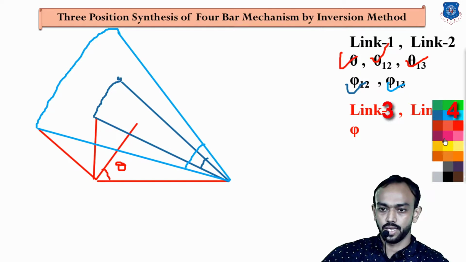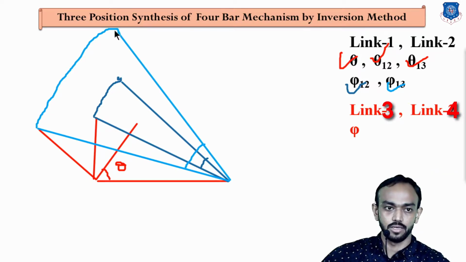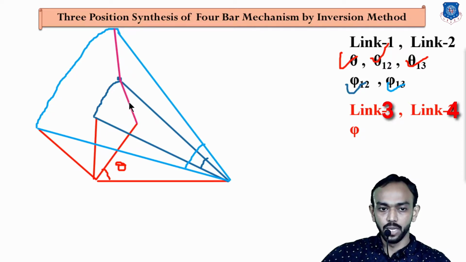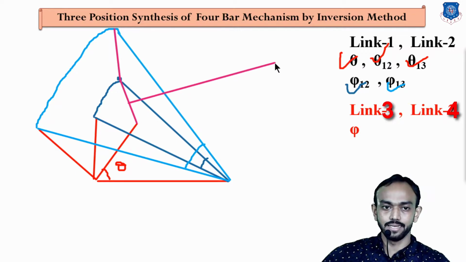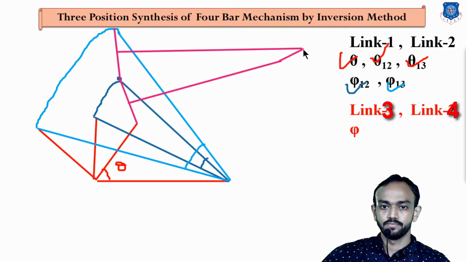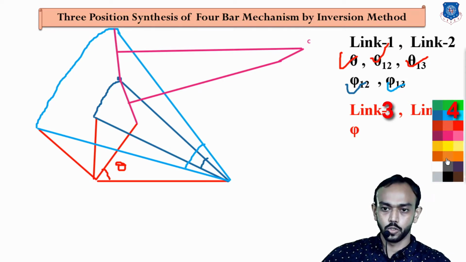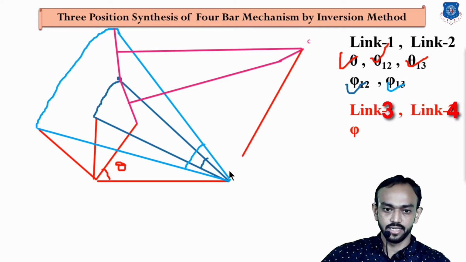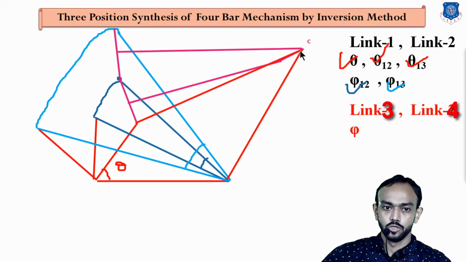Check this. I am going to connect this line here, and this to the initial, and at a midpoint we are going to make perpendiculars to these lines, and the same here, a perpendicular at the midpoint of this line, and at which point they are intersecting. Okay, this point is known as the C point, meaning the end of the link, and we have to connect this to the initial position like this and this. So this is our 4-bar chain mechanism.